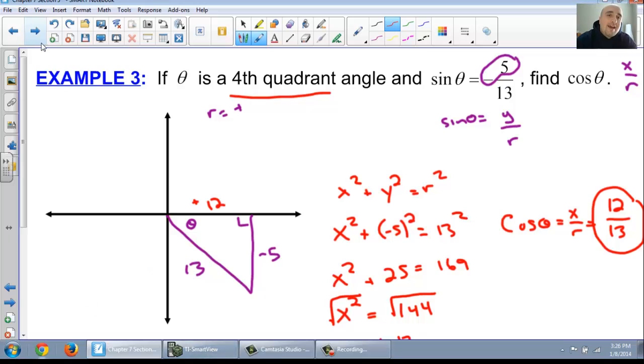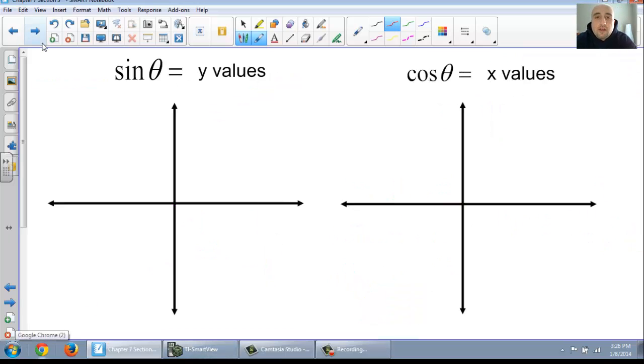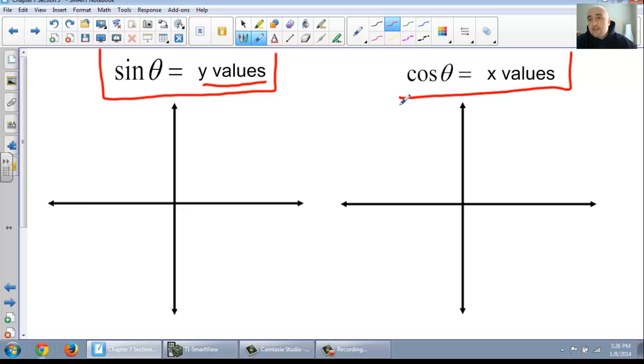All right, last thing we need to talk about. All right, so this is very important. Very important that you realize this. Sine of theta always deals with y values. Sine always deals with y values. Cosine, however, is the opposite. It always deals with x values. So if you remember that sine is y,